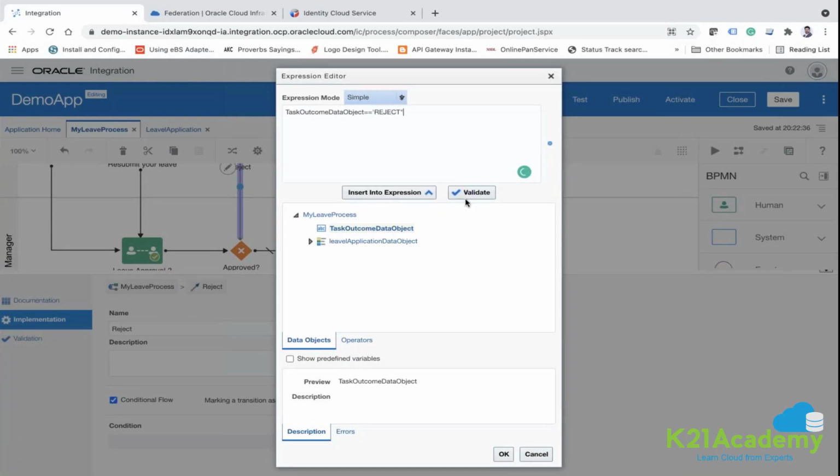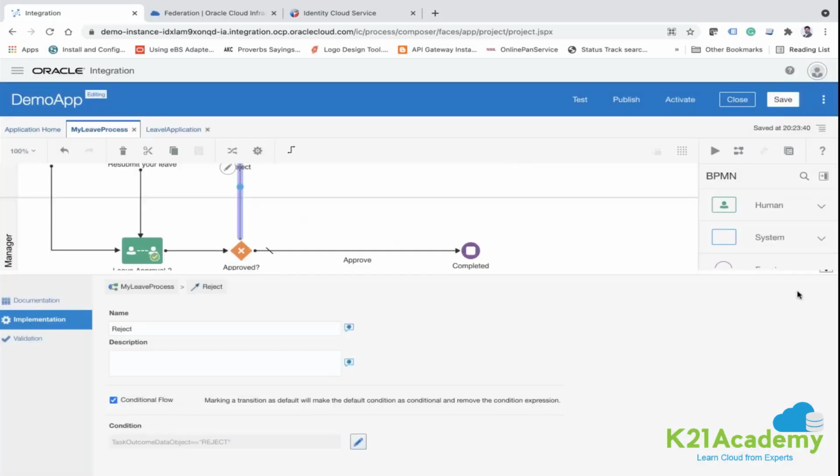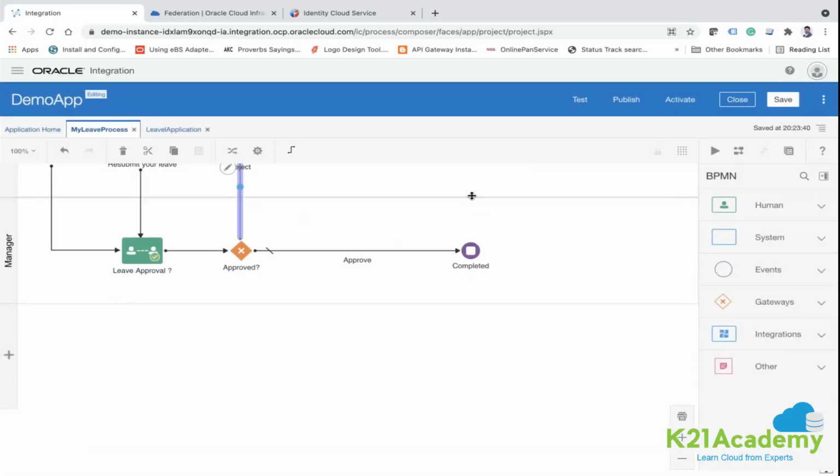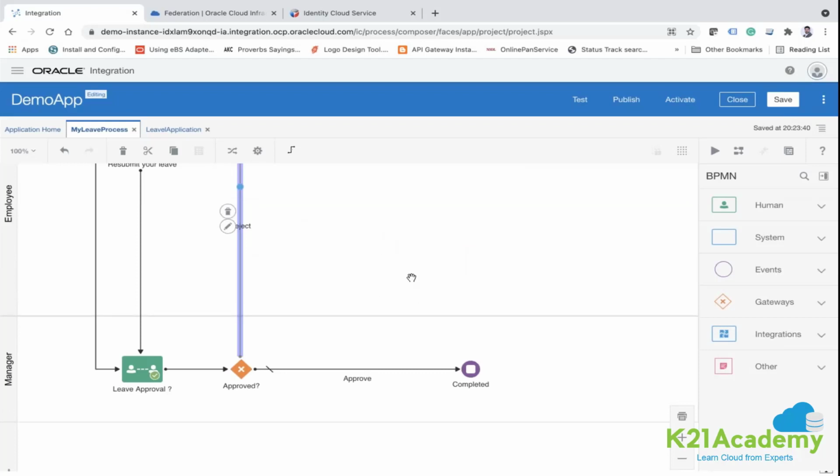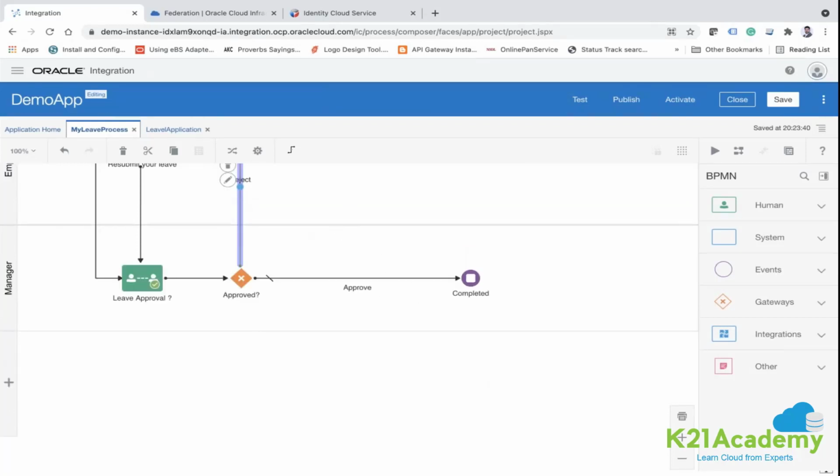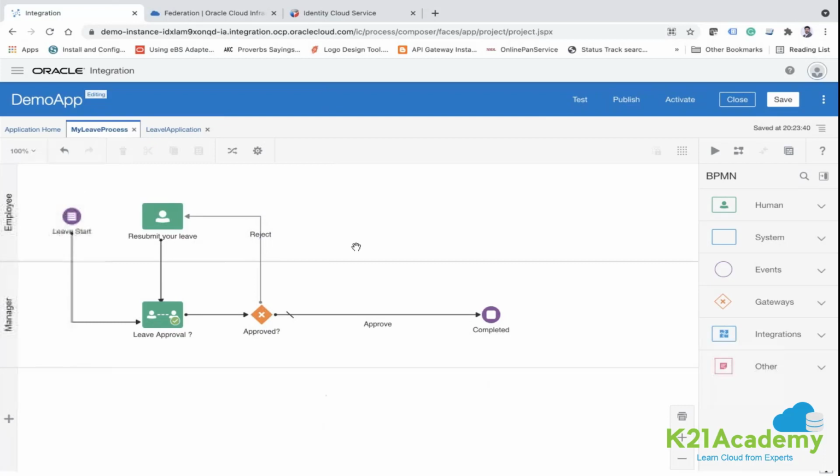If it is reject, then double quotes. Okay, if the manager rejected this task, it should again go back to the employee.